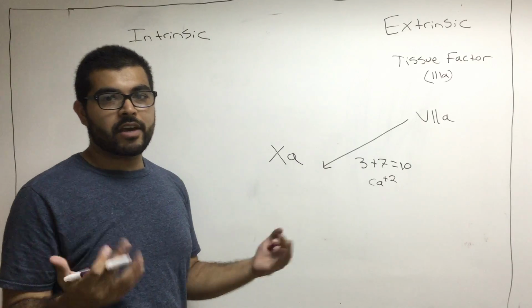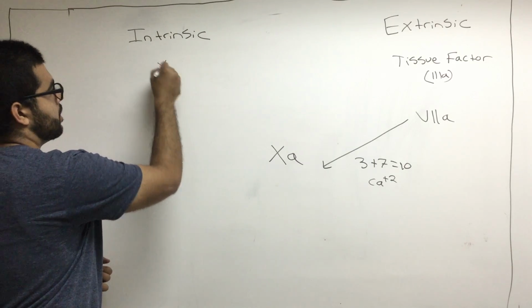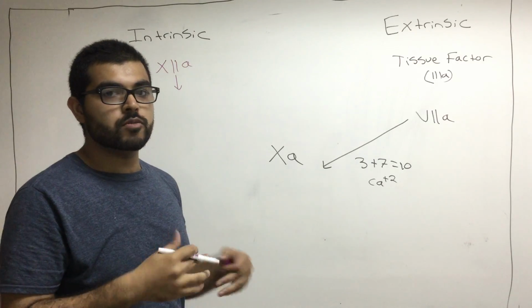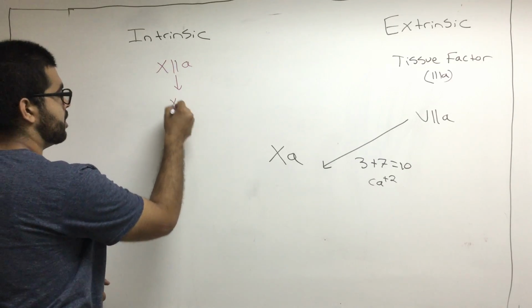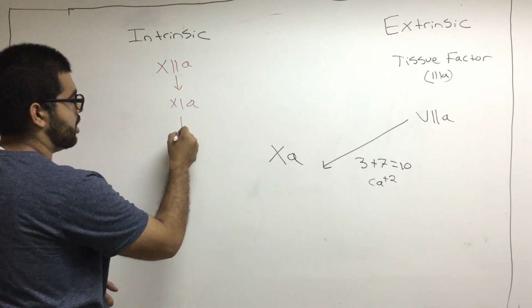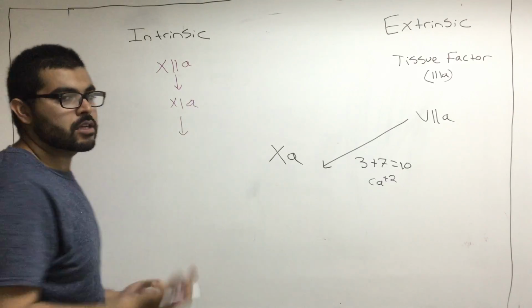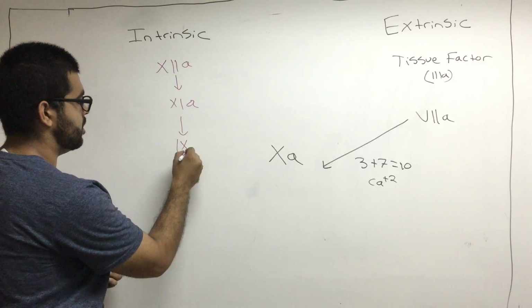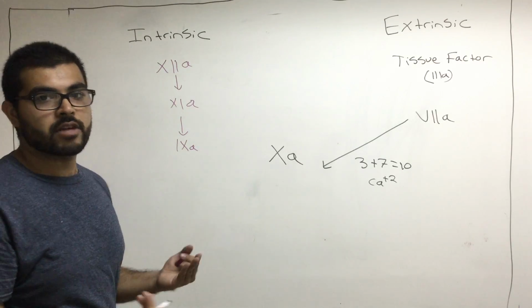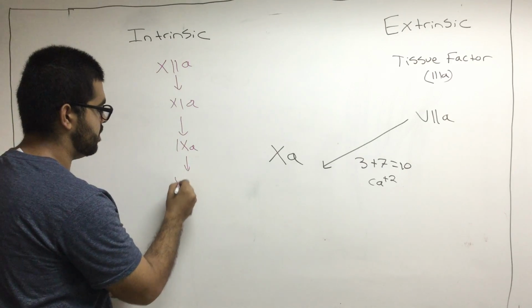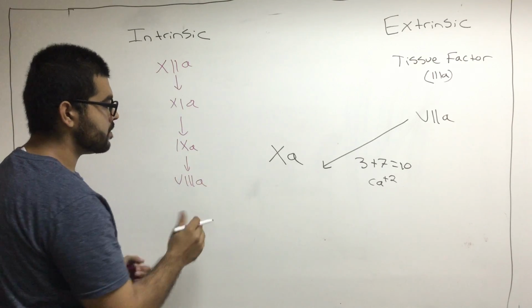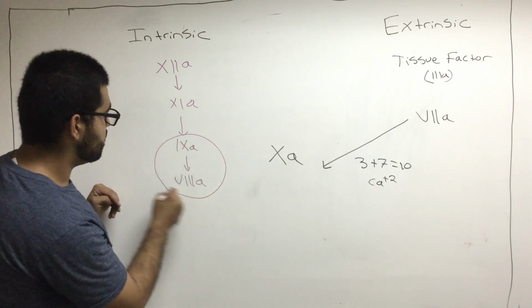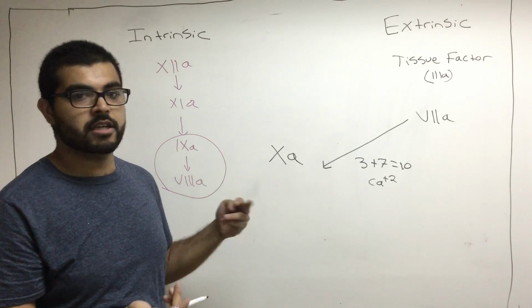Intrinsic, we start off with our factor 12A. That is going to activate factor 11 to become 11A. And do we have factor 10? Oh, factor 10 is right over here. So what's the next factor that comes in mind? Factor 9A, and then factor 8. So we need these two, factor 9 and 8, to make factor 10,